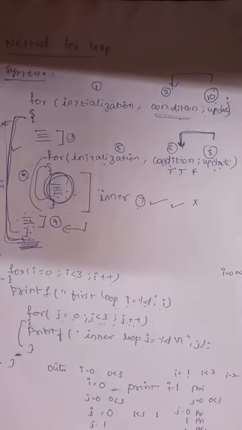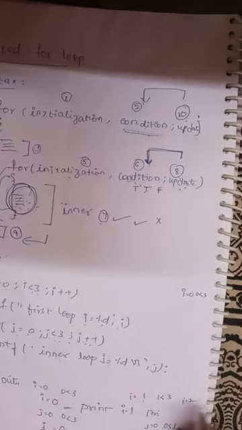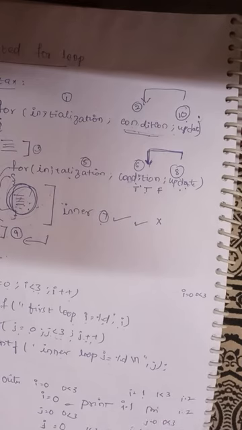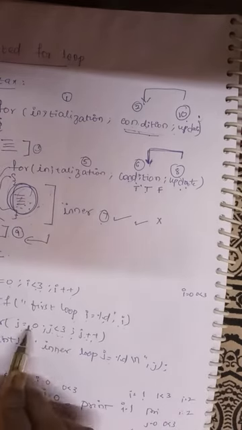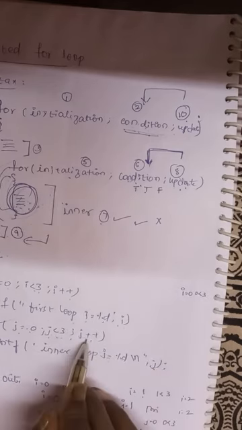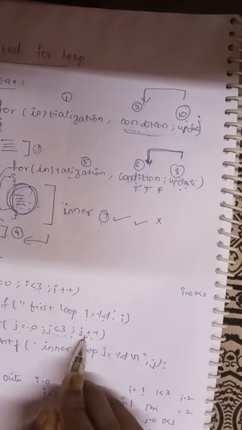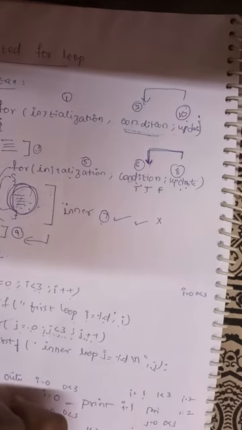Next the value of i becomes 2. Now 2 less than 3, so again this part will be executed. So here i is equal to 2. Again j will be 0. Print j. j will be 1, 1 less than 3, print 1. j will be 2, 2 less than 3, print 2. j becomes 3, 3 less than 3, false. Control comes out of this.